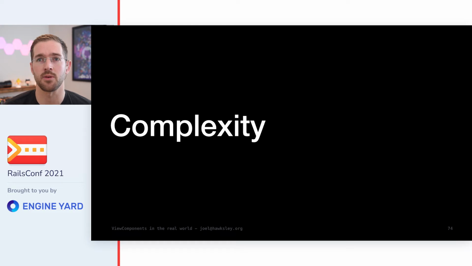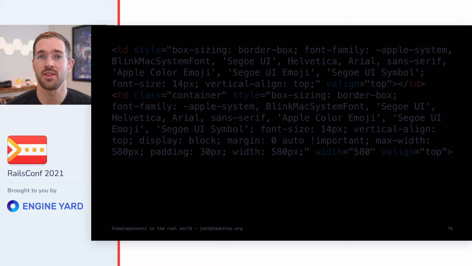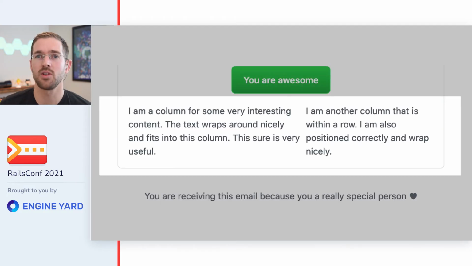Another advantage we've seen with ViewComponents is how they can help manage complexity. One example of this has been in our mailers. Building HTML emails can be tricky and often requires writing HTML like it's 1995. It's also really fraught with edge cases. Most of our mailers are written with that 1995 style inline HTML, and it's incredibly hard to maintain, let alone change without breaking something. So when we looked into adding columns to a mailer for this design you can see here,